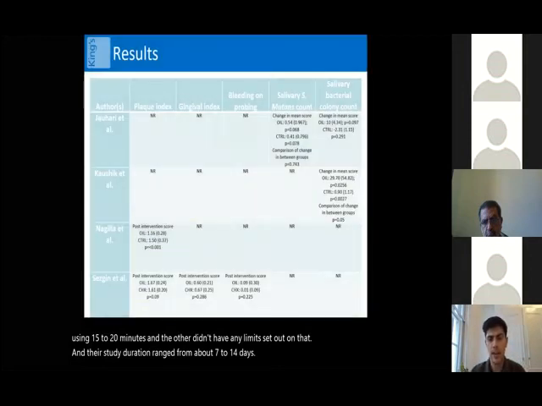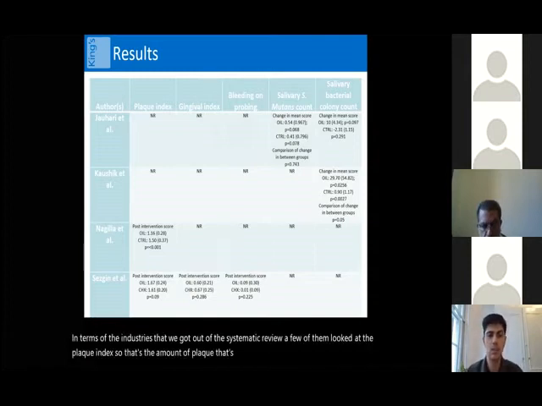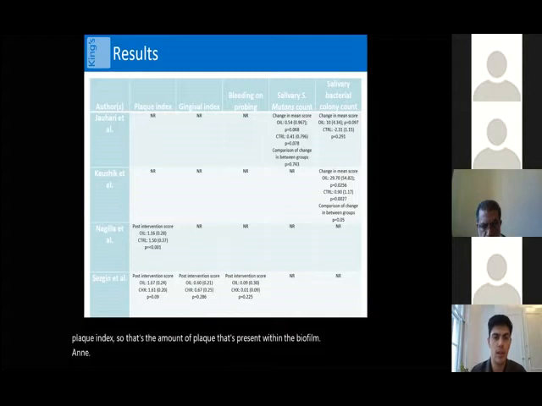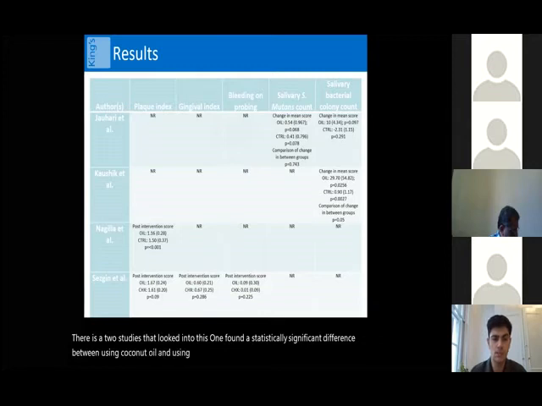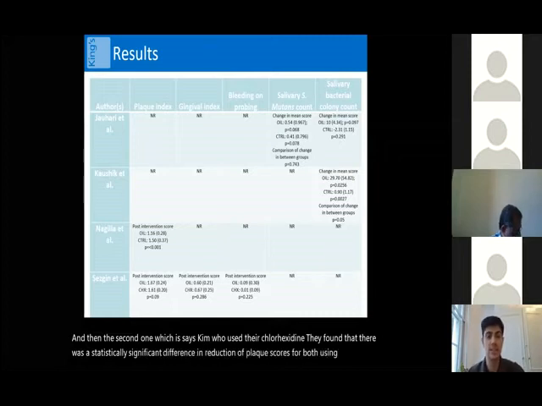In terms of the indices that we got out of the systematic review, a few of them looked at the plaque index. So that's the amount of plaque that's present within the biofilm. There were 2 studies that looked into this. One found a statistically significant difference between using coconut oil and using water. And the second one, which is Seskin, who used the chlorhexidine, found that there was a statistically significant